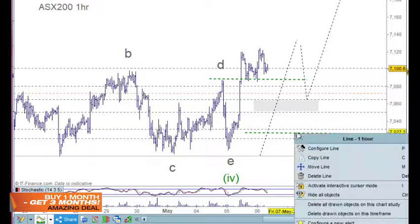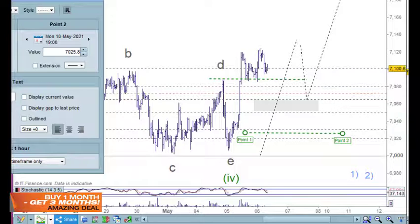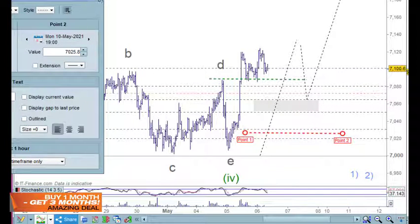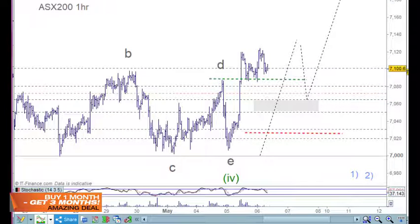Now Thursday can be a bear day. It can open high and close lower, so we need to be mindful of that. But then in the bullish weekly cycle, we look for Friday and Monday to be bullish. So with Thursday,